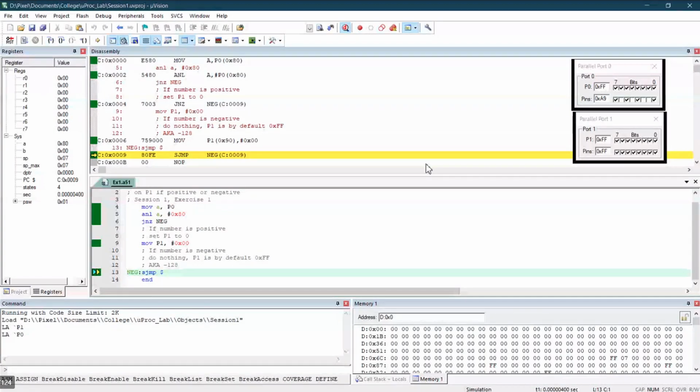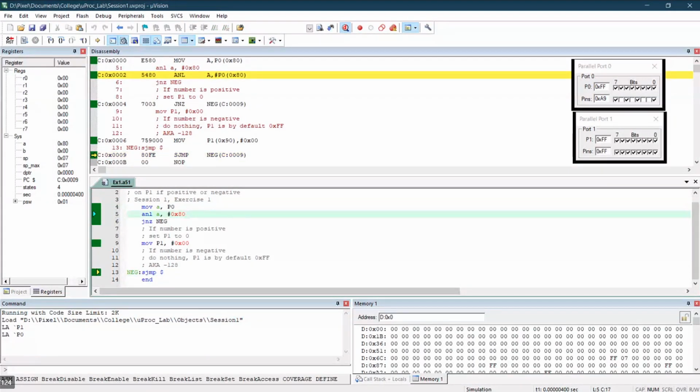Now there is a possibility: how to continuously monitor this, right? For some time I give a positive number, then I keep changing the number. So it has to continuously show me whether it is positive or negative. Then how do you manage your program? Sir, in that case there are two things you'll have to change. Instead of jump if not 0, we'll have to jump to a command that explicitly says move P1, FFH. And instead of using this halt that we have as jump dollar, we'll just loop over the whole thing.